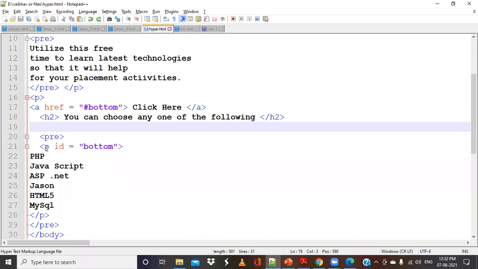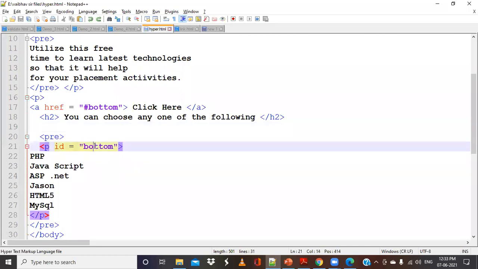So I have created a paragraph, P ID equal to bottom, and I have created another link, and whatever ID you specify here, bottom, that you have to specify in the href. The hash indicates that you want to navigate within the document, not outside the document.